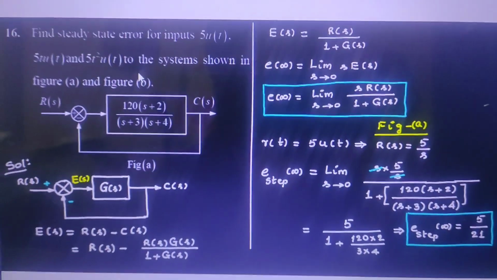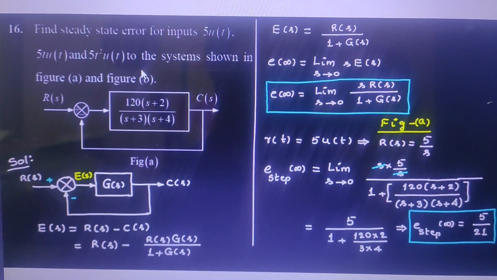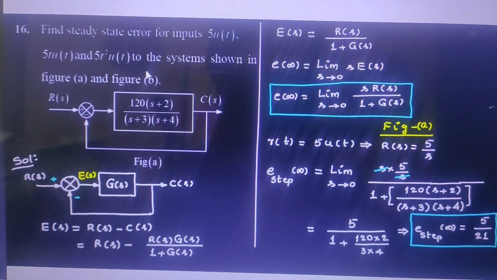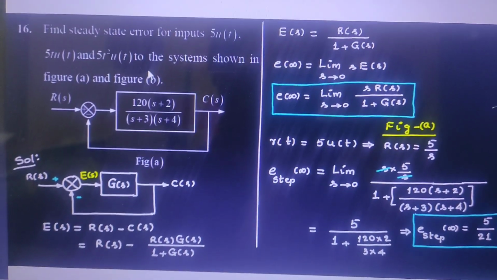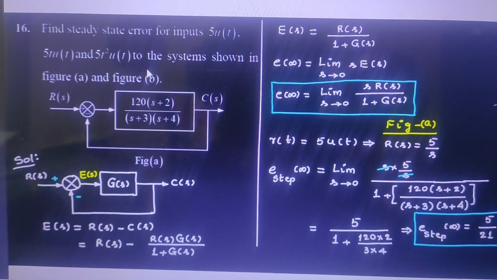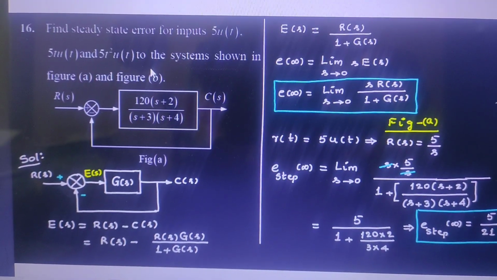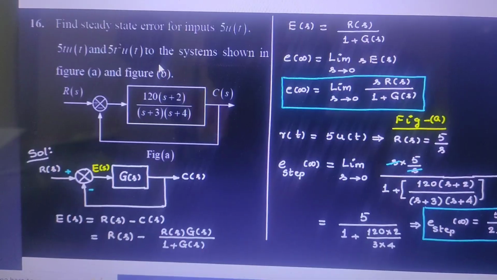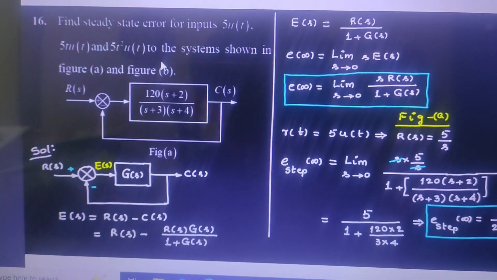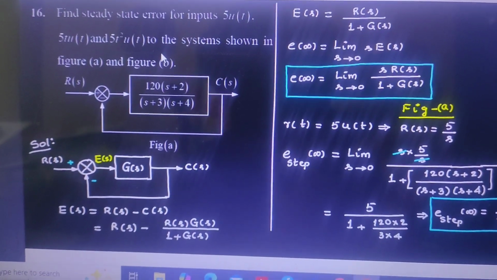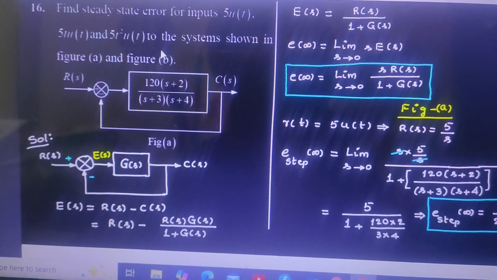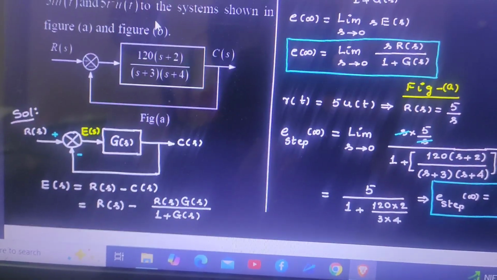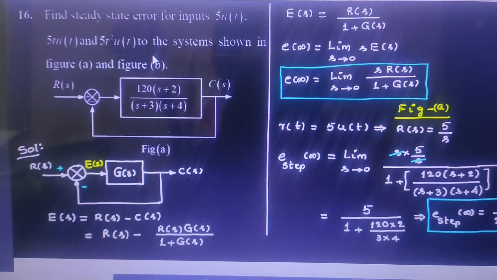In this problem, he is asking to find the steady state error due to 5 into u of t, 5t into u of t, and 5t square into u of t. Here E of S is specified after the summer. This is the summation, the summer, and this is the actuating error. If E of S is present, there will be no problem. Go with the same procedure as